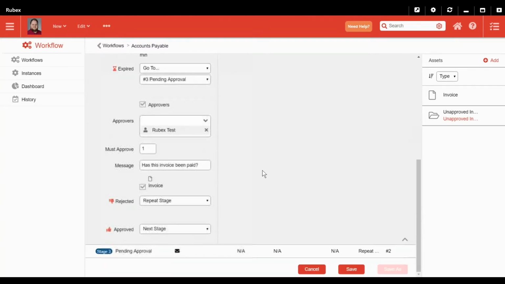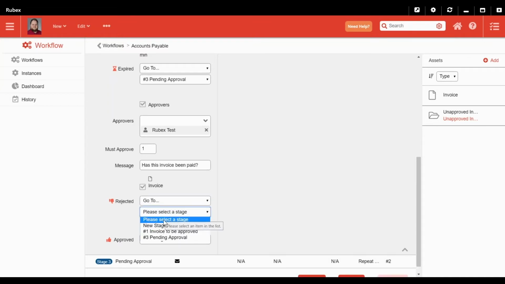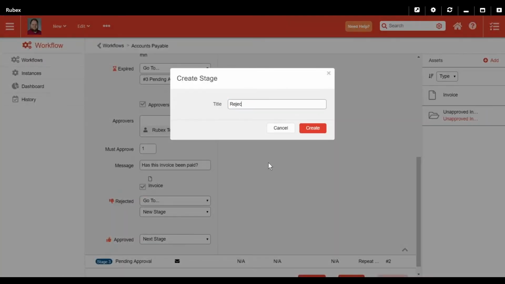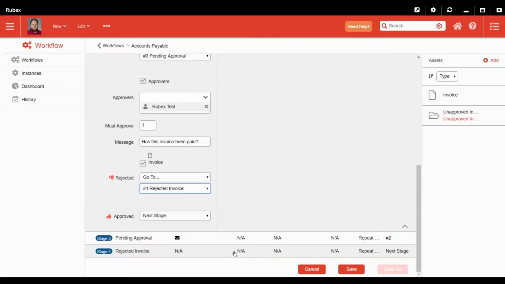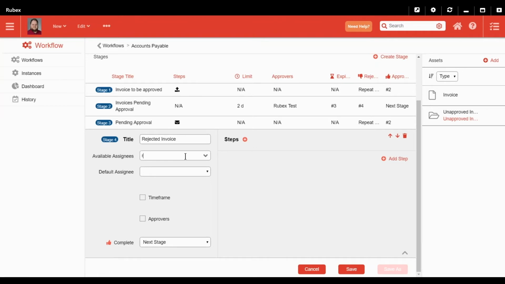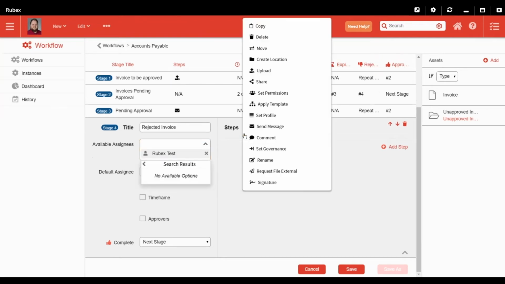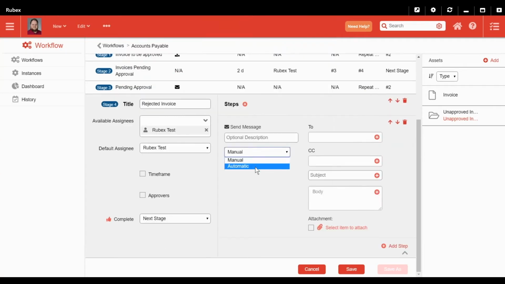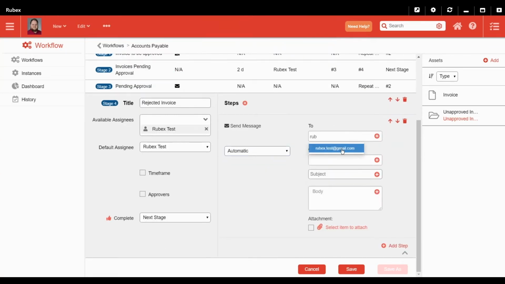Back to stage 2, when you set an approval process, there are actually 2 ways this stage can complete. Meaning when this stage is rejected or approved, you get to define what happens. In this case, if this invoice is rejected, I'm going to have it go to a new stage called rejected invoice. And in this stage, I'm going to have it designate that it notifies someone, in this situation a pretend manager,